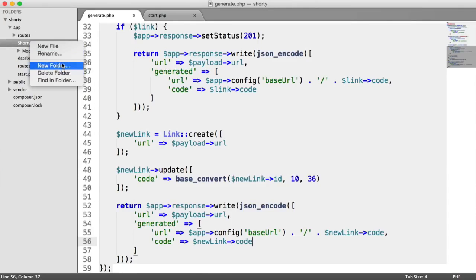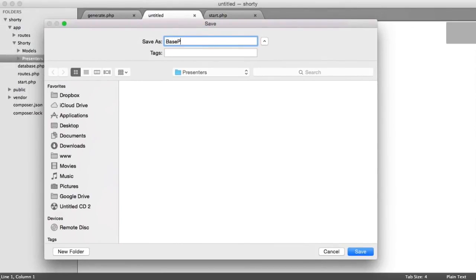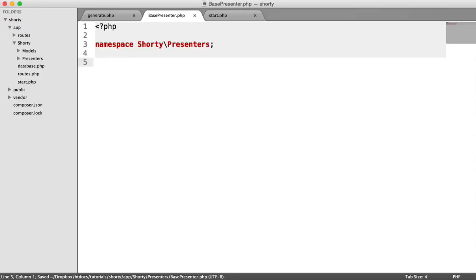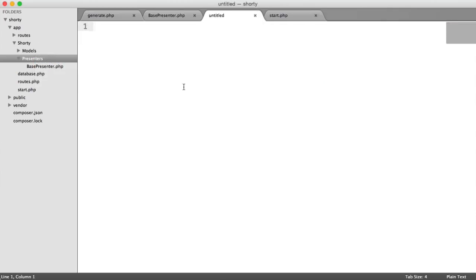So inside of Shorty, we're going to create a new folder called presenters. And inside of here, I'm going to create a new file, and I'm going to call it base presenter. And that's a PHP file. And we're going to namespace this obviously under Shorty presenters, makes sense. And we'll give this the class name base presenter. So any presenters that we create are going to extend base presenter in case we need any functionality in here that we might want to expose to those subclasses,